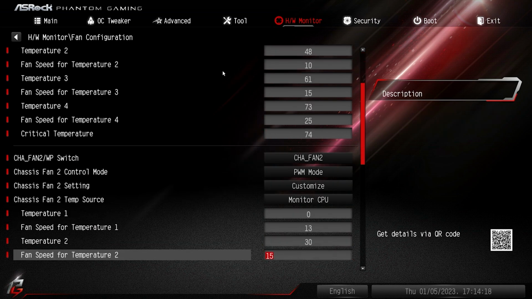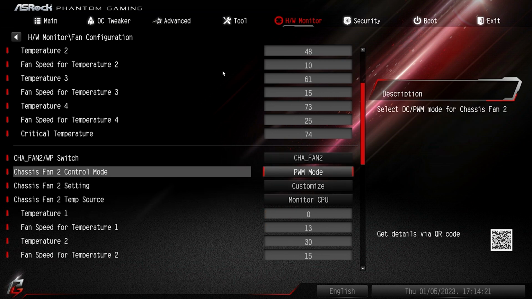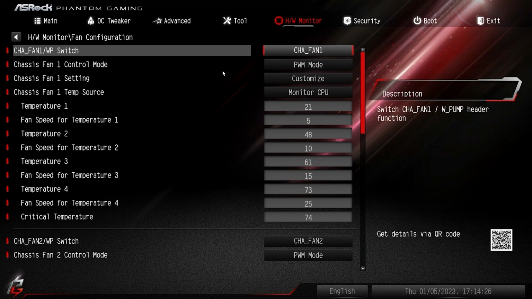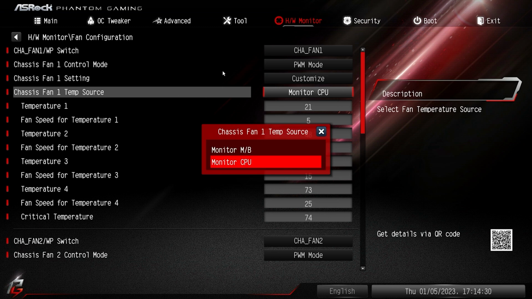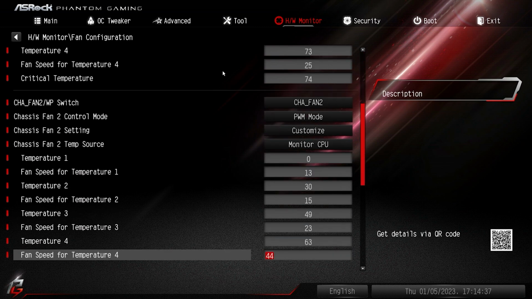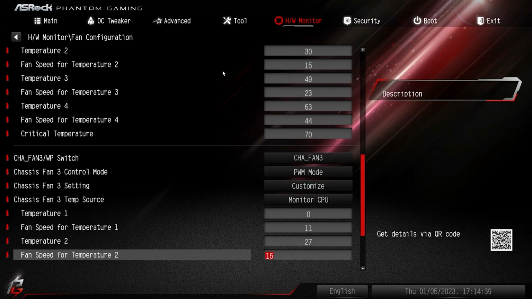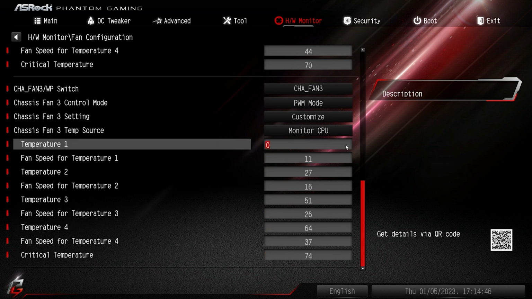You've also got the option to choose for water pumps and all that kind of stuff. As you can see, I've got these set to PWM, and also what they monitor. On each individual fan, you can choose whether it's going to monitor the motherboard or the CPU. I normally keep it to CPU because the motherboard kind of takes control of itself. So I've got that for all of those. Critical temperatures, etc. So that's pretty